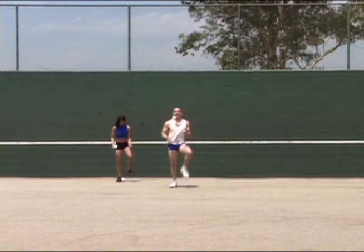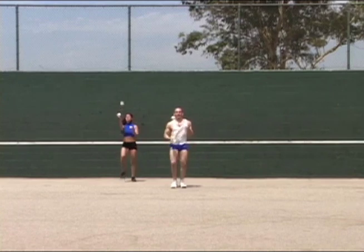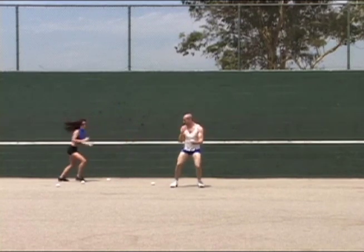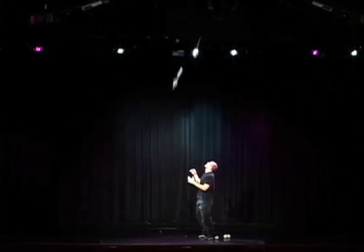Okay, let's continue now with 10 3-up double pirouettes in a row, separated by a deep squat and a jump spinning crescent kick. And go. You mother